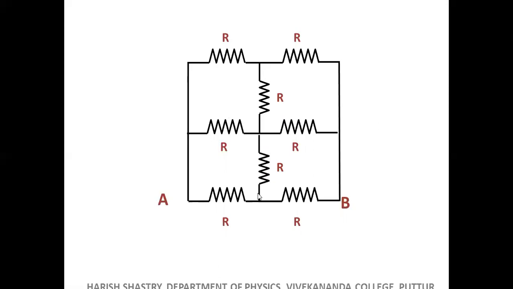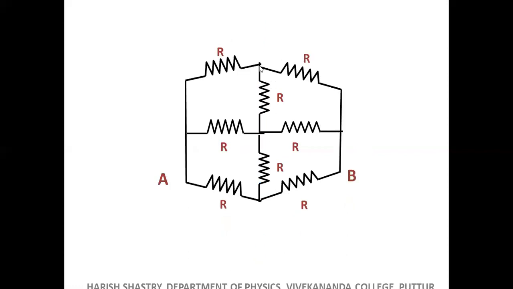It is not a Wheatstone's bridge, but the principle of Wheatstone's bridge: whenever two points are at the same potential, no current flows. Whatever principle we used in Wheatstone's bridge to derive the balancing equation can be applied. So the potential here and here must be the same, because our mirror comes perpendicular to AB and all the points along the mirror are at the same potential.